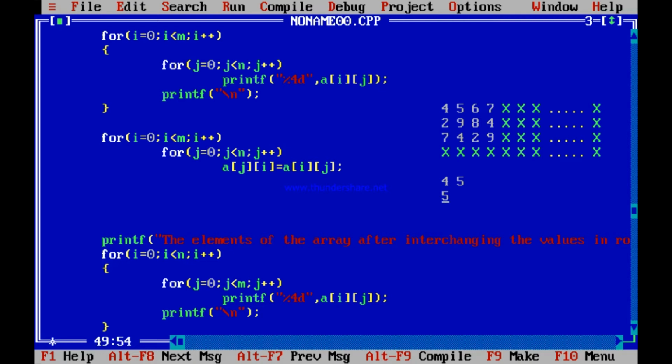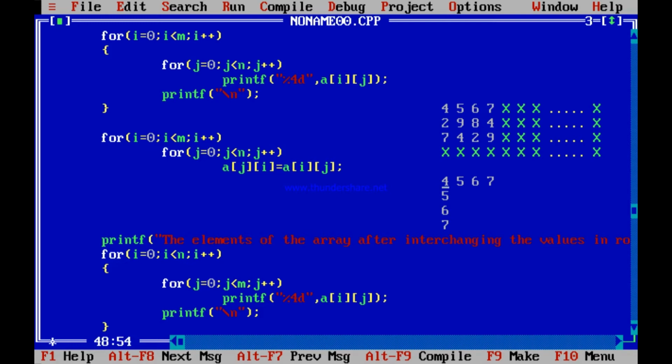See, next time what happens? You have copied A02, j becomes 2, A02 to A20. So A02, what is that? 6. This 6 remains unchanged. But here you have copied 6 over here. Similarly, A03, which is 7, you have copied to A30. This becomes 7. So your 2, 7, all these are gone. Instead of that, 5 and 6 have been copied. 7 copied over here, overwriting the garbage is okay. But your 5 and 6 have overwritten the 2 and 7.